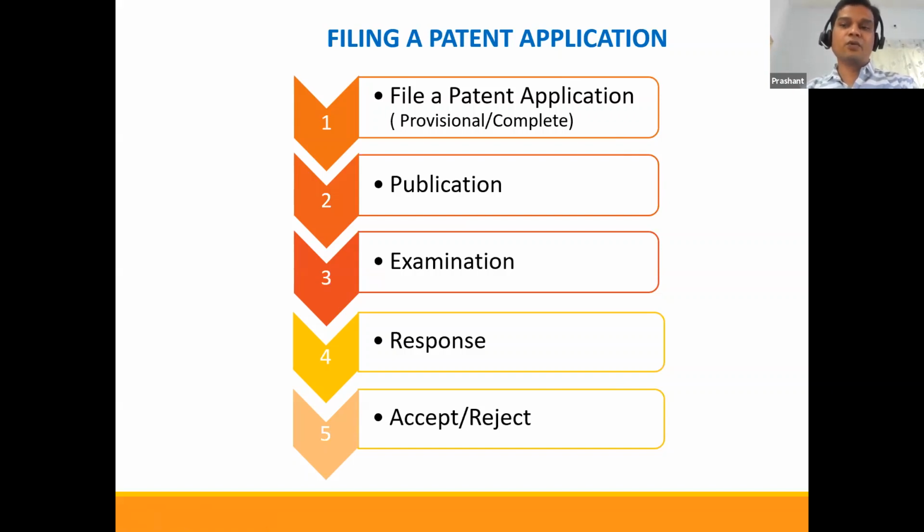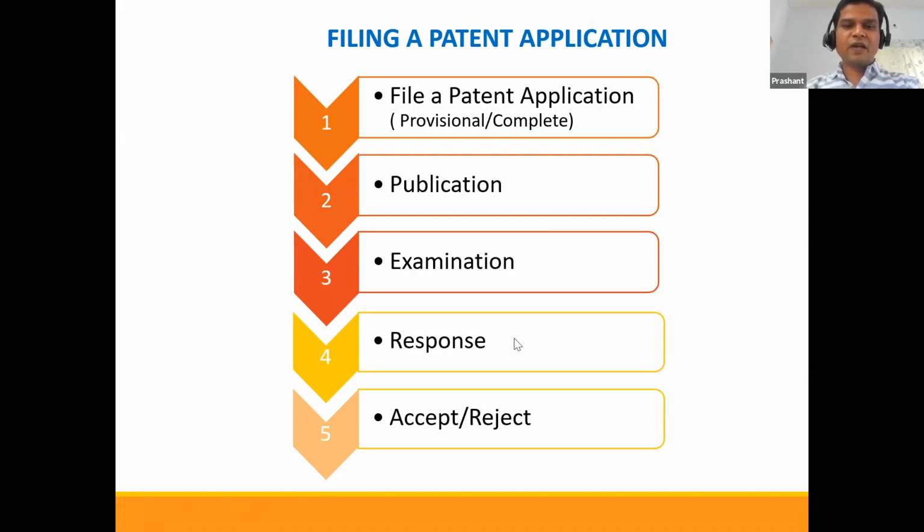But you need to file the extension before the actual deadline. Once the deadline is over, you cannot do anything. So on a broader note, you have 6 months plus 3 months, a total maximum of 9 months to respond to the examination. What will happen if you don't respond to the examination report? It is assumed that you are accepting the objection and accepting that your invention is not novel or not inventive and you don't want to proceed further, and automatically you will get a refusal notice, and then you cannot do anything.